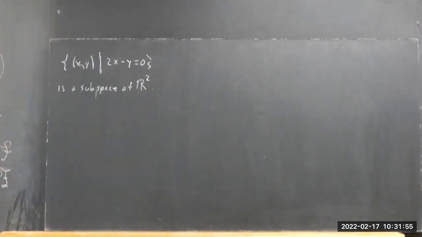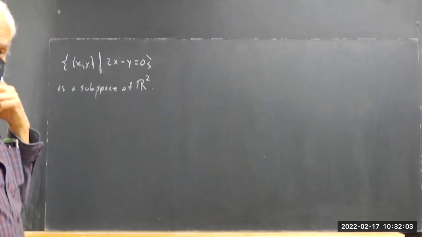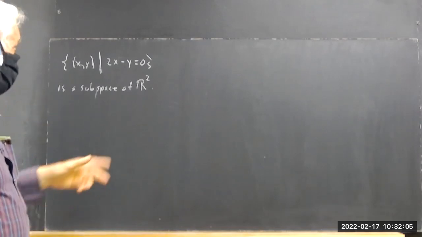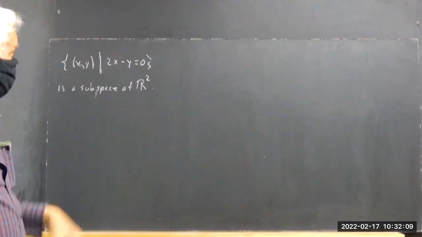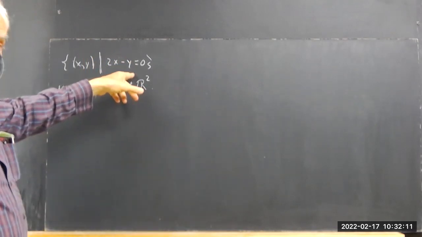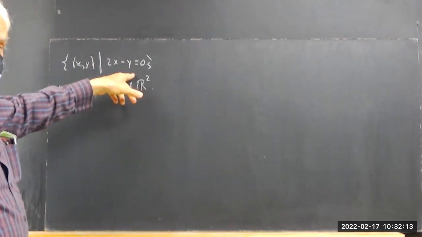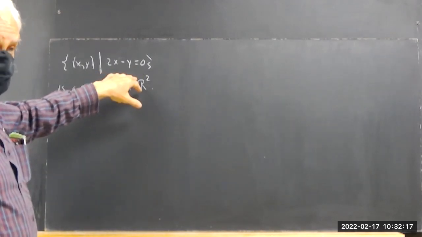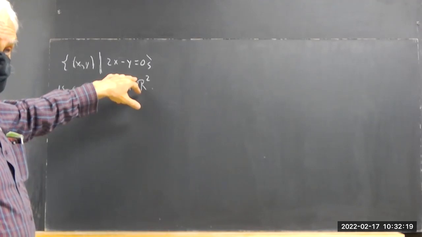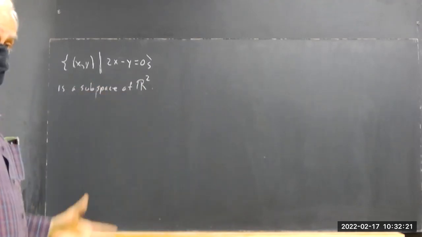Is a subspace of R2. Now you can prove that. You might think how you prove it. You just let x1 and y1 be two arbitrary numbers that satisfy this equation, and x2, y2 two arbitrary numbers that satisfy this equation. And prove that